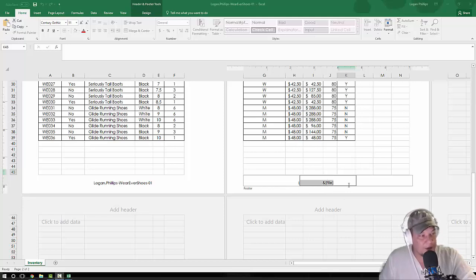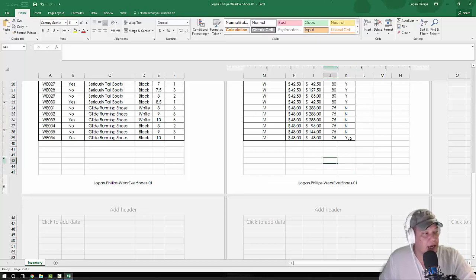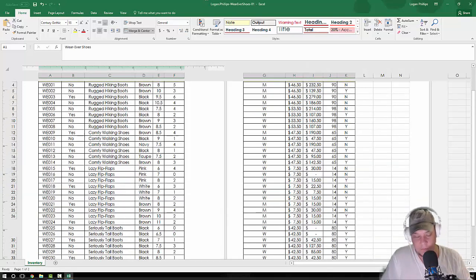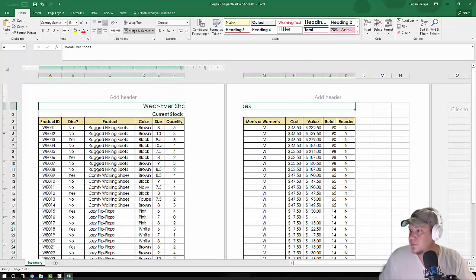Now once this is in, it should say &[File]. If we click on an empty cell or any cell inside the actual document, you can see that the footer is now the exact file name that matches up to the very top. So let's go ahead and hit Control Home, go back to cell A1,